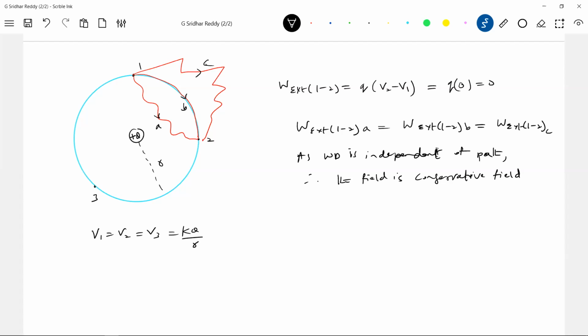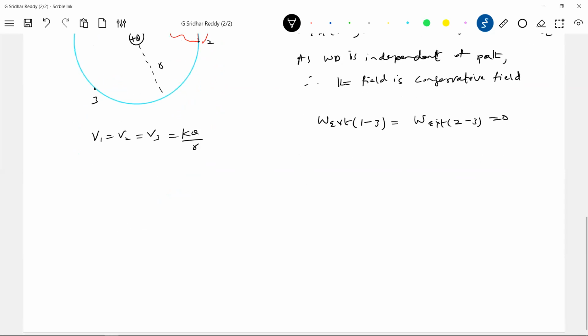Getting the idea? So now similarly, how much work should it do to move from 1 to 3? The same thing, so it will be 0. Work done by the external agent in moving a charged particle from 1 to 3, or 2 to 3, will be 0. It's independent of path here. Now, instead of that, somewhere I'll pick up. Let me take one more question. Getting the idea? So this is about the direct application of what we learned.